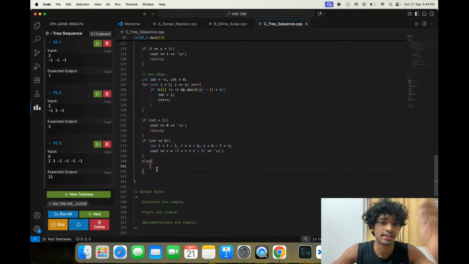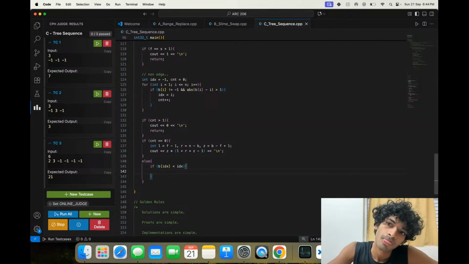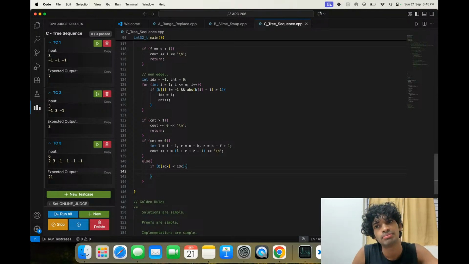Okay, among these three cases, if b of idx less than idx, then what should happen? It means an edge is going behind, right?